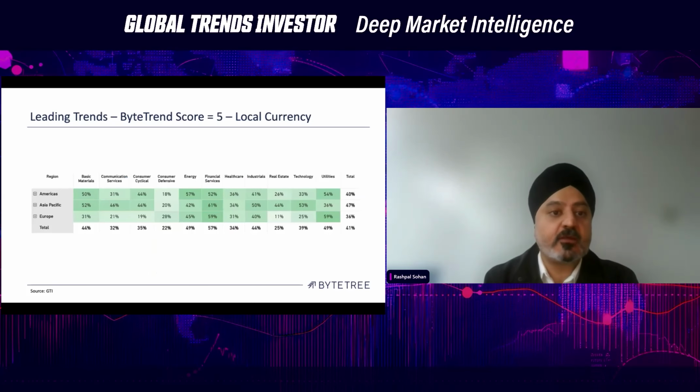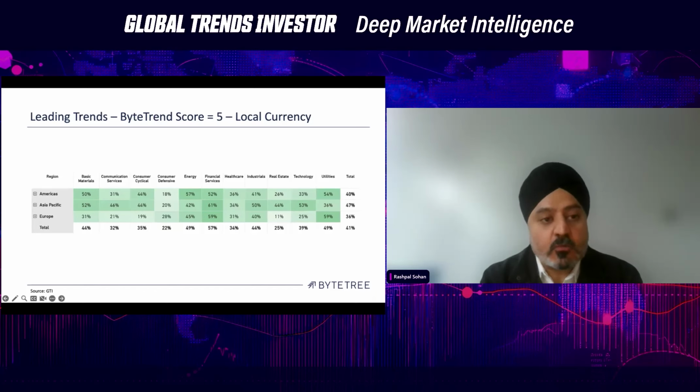Now, from the scoring, we come up with insights which help us navigate the macro environment and better understand what is happening in the stock markets. One way we do this is we look at the aggregation of the scores in terms of countries, regions, and sectors. So what we've shown over here is the aggregation in terms of sectors and regions. The regions are shown as rows, the sectors are shown as columns, and this is looking at the local price action. So not the relative, but the stock price in local currency, effectively.